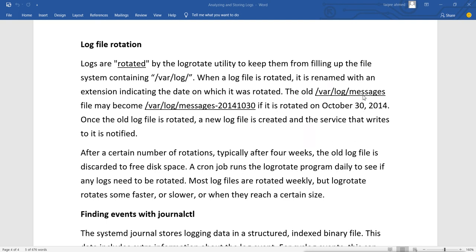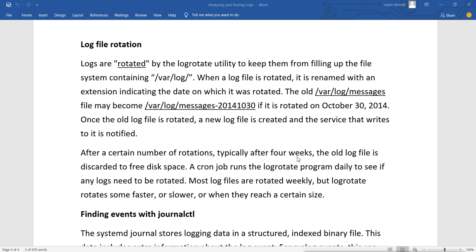So logging will go into the file with the same name, and it will store the old information in the old log file which has the date information. Now it will not keep all these old files in the system. After a certain number of rotations, that means 2 times, 3 times, 4 times, it will typically be after 4 weeks.